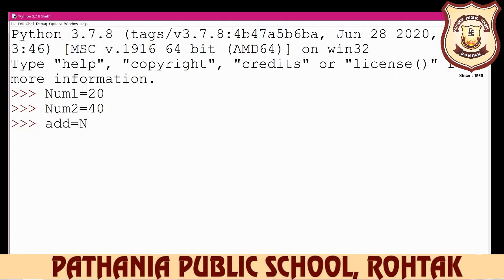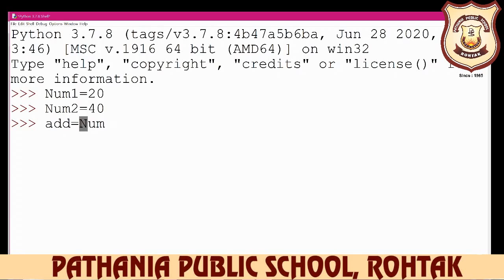Now here you write the same name, num1. If you wrote num1, then you write num1 here, and if you wrote A, then you write A. Same, similar name, don't change the characters. If you wrote N capital and um small and then 1, then write N capital here, don't write a small n.